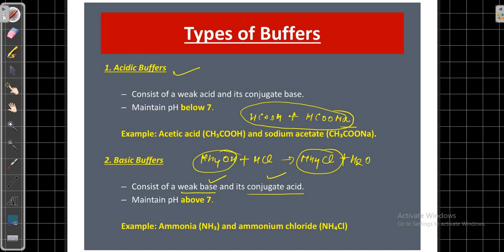के कंपोनेंट होते हैं। ये पीएच को 7 से ज्यादा पे मेंटेन करते हैं, मींस बेसिक लेवल पर मेंटेन करते हैं। अमोनिया और अमोनियम क्लोराइड का मिक्सचर और अमोनियम हाइड्रोक्साइड और अमोनियम क्लोराइड का मिक्सचर एग्जाम्पल है बेसिक बफर्स का।